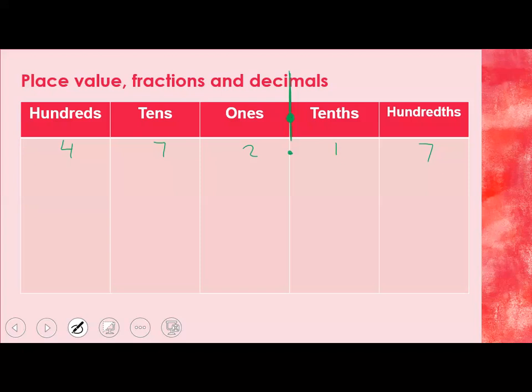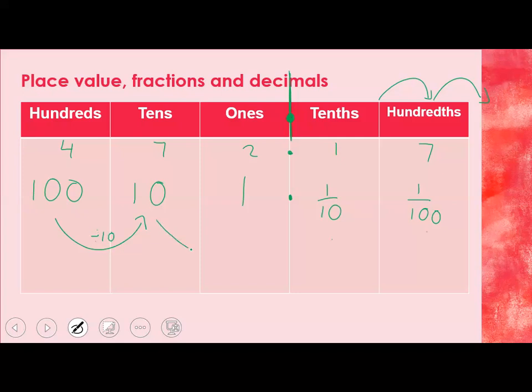And remember that each time I move 1 place value over to the right, each time I start a new column, that is worth 10 times fewer. Okay, so a tenth is 10 times bigger than a hundredth. And vice versa, a hundredth is 10 times smaller than a tenth, which is 10 times smaller than 1, which is 10 times smaller than 10, which is 10 times smaller than 100. Okay, look at those numbers. Can you see how each time they're getting 10 times smaller? 100 divided by 10 is 10. 10 divided by 10